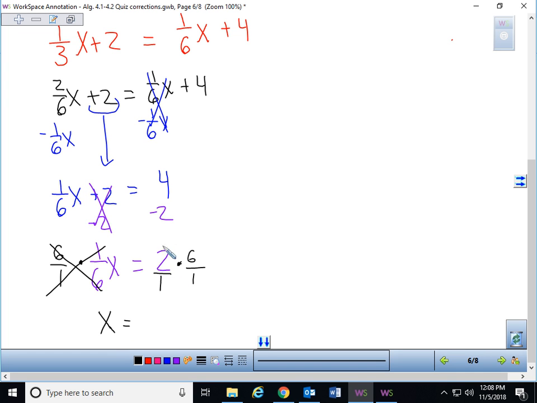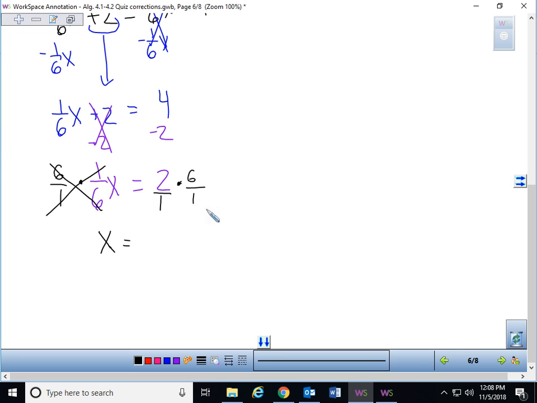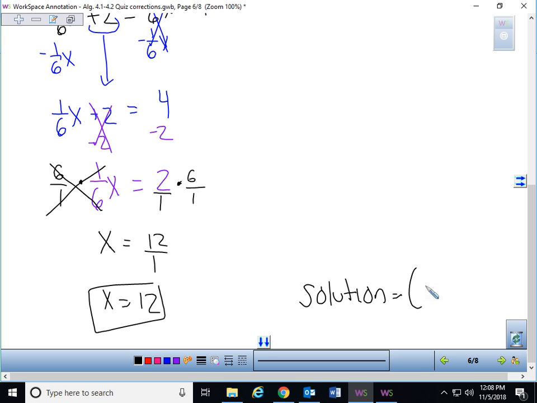When I do that, I'm going to multiply now. It's not going to be a fraction, so I have 2, and I put it over 1 to make it a fraction, times 6/1. When I'm multiplying fractions, I can multiply tops and bottoms. So 2 times 6 is 12, 1 times 1 is 1, and 12/1 is 12. So right here, this tells me what I hope to be the first part of my solution, the x value